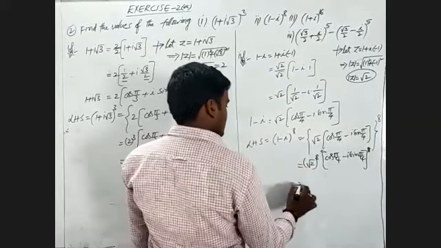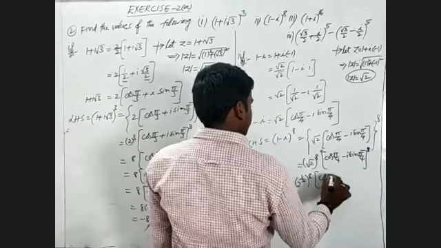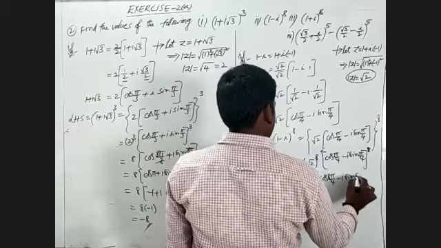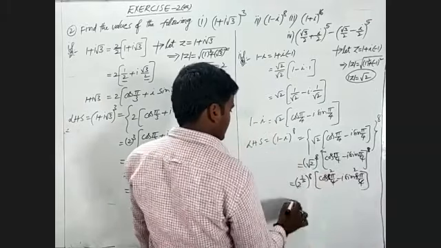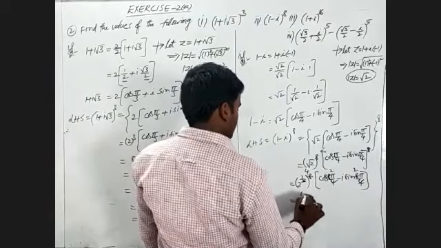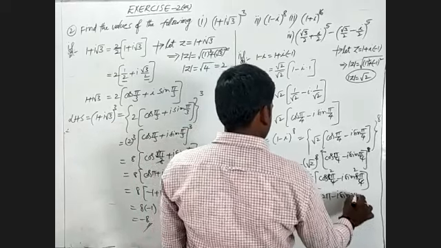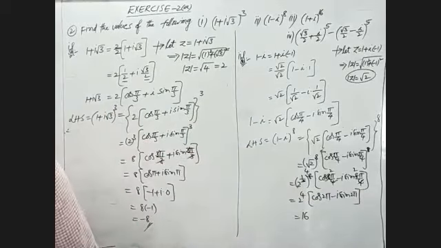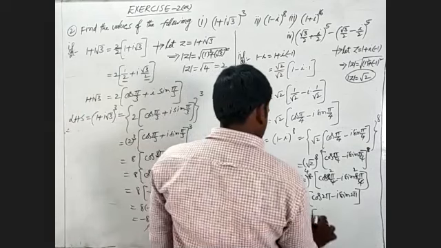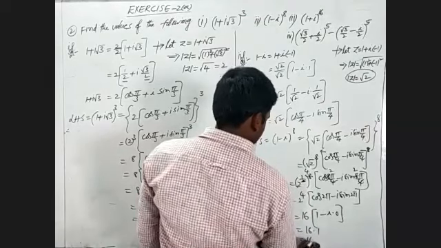That we have to write 2 power 1 by 2 whole power 8 into, remaining, cos 8 pi by 4 minus i sin 8 pi by 4. 4 1s are 4, 2s are 8, again 4 1s, 2 2s, that is nothing but 2 power 4 into cos 2 pi minus i sin 2 pi. 2 power 4 is nothing but 16. Where cos 2 pi will become 1, minus i into sin 2 pi will become 0. That will be 16 into 1 is equal to 16.